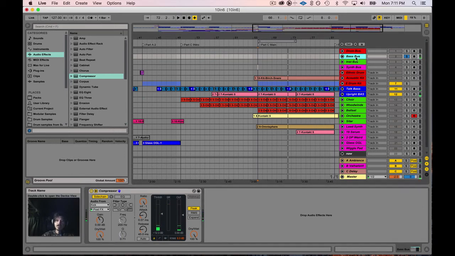Okay, so as you've noticed, now I have a sidechain compressor. I'm not going to go into this very deeply. This is not the process I would use. I'm just doing this very quickly, and I have this whole thing figured out. So now during this part, when the kick drum usually gets buried,